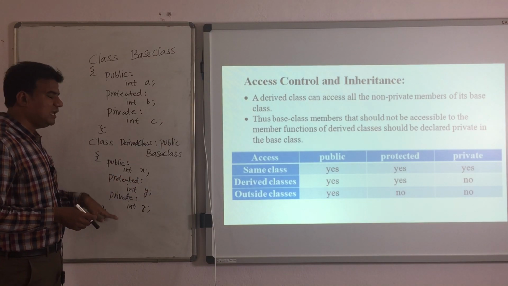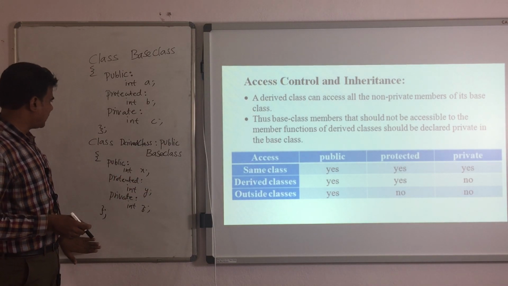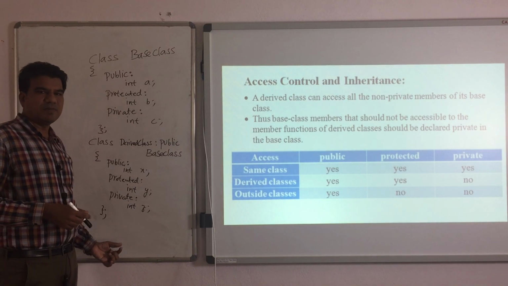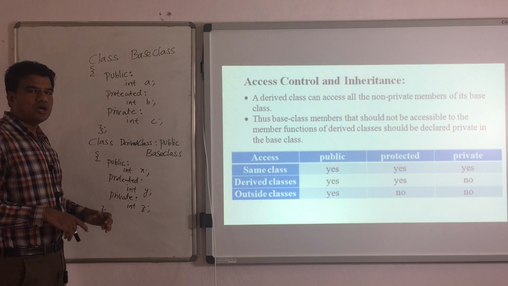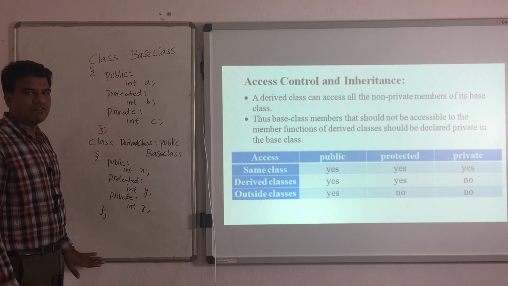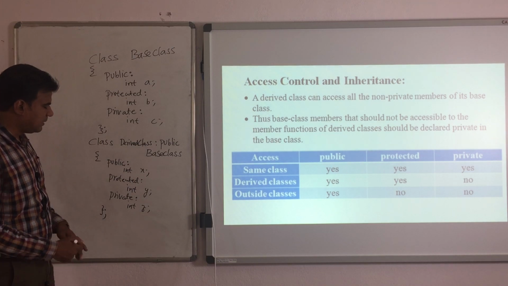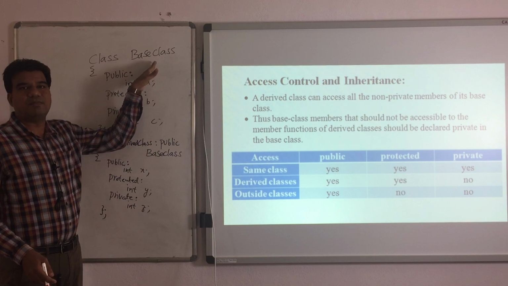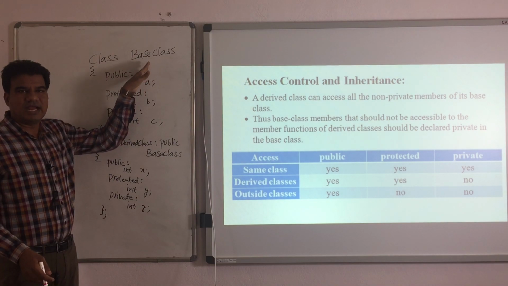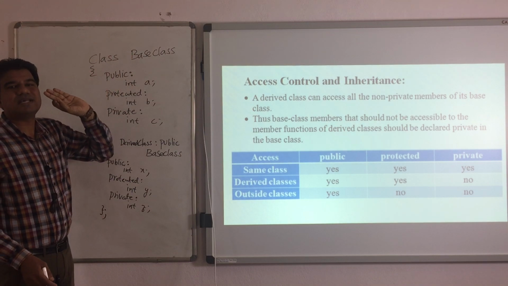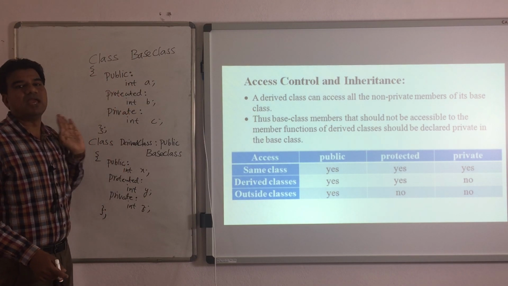As we don't have any space over here, I will simply write the statements, but when I execute on the compiler, I will include those statements inside the main function. So for now, you simply remember this statement. If I create an object of my base class, what data members can I access from the main function?